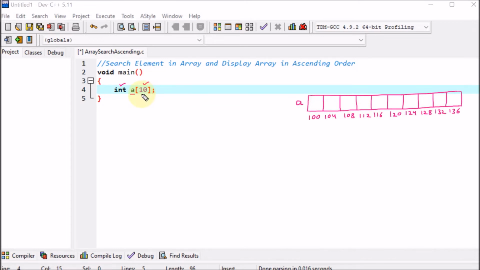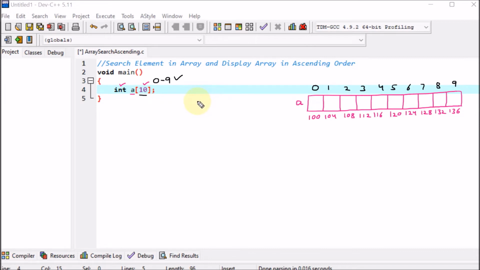Now we know that here we have declared array size 10, so the array will go from 0 to 9. The index values of the array are 0, 1, 2, 3, 4, 5, 6, 7, 8 and 9. So from 0 to 9 we have the array elements. We only have to bother about the index values, because the memory address is the compiler's concern. Then afterward we have to take the elements in this array.